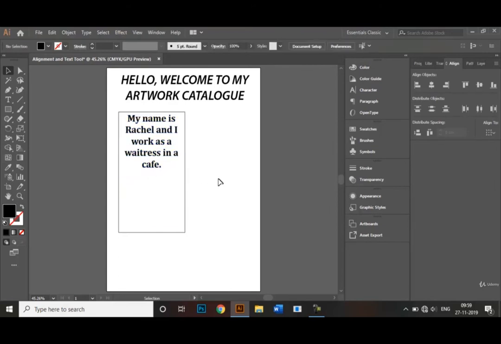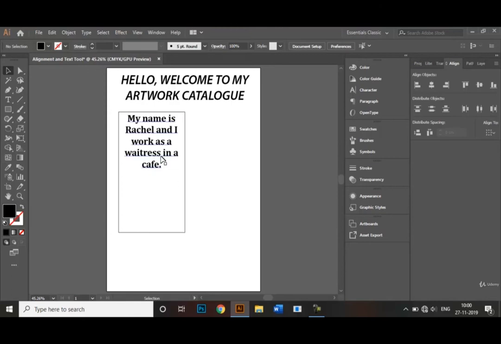But now as I can see, my text is on the top hand side of my box, right? And I want my text to be in the middle of my rectangle like that. So it's really easy to do.